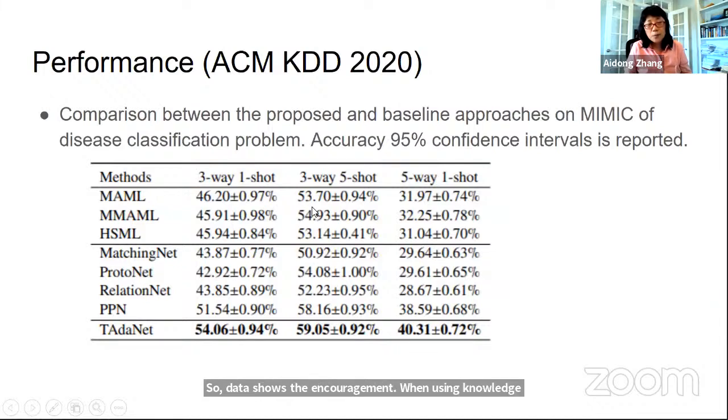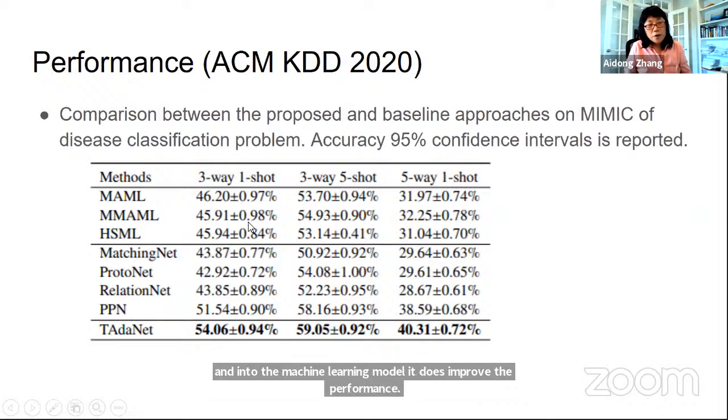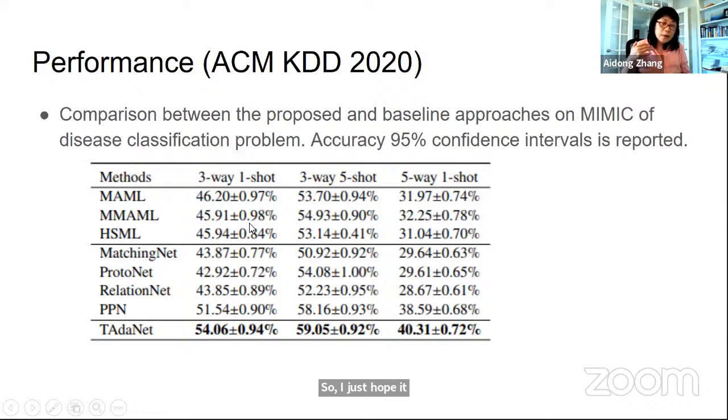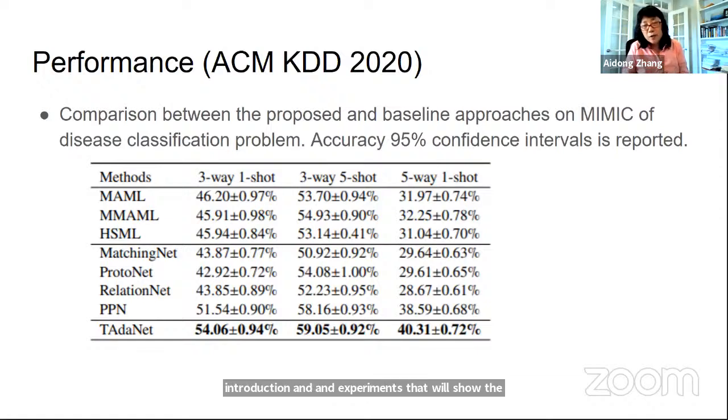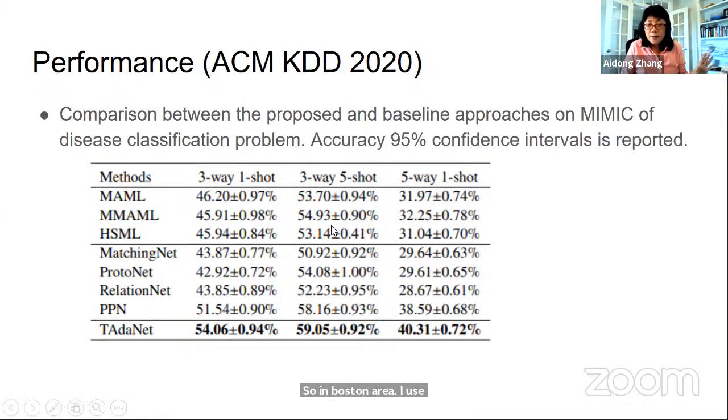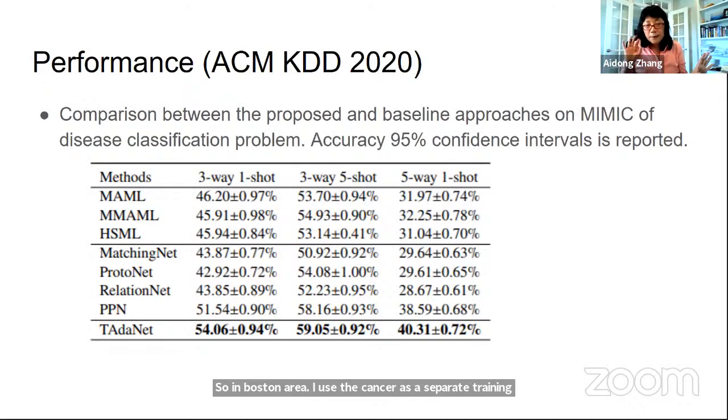It does improve the performance. So I just hope to briefly introduce this as an introduction, with experiments to show the knowledge-guided approach does improve performance. Of course, in both scenarios, I use the cancer data as a separate training set and the MIMIC data as a different training set. So they are in different